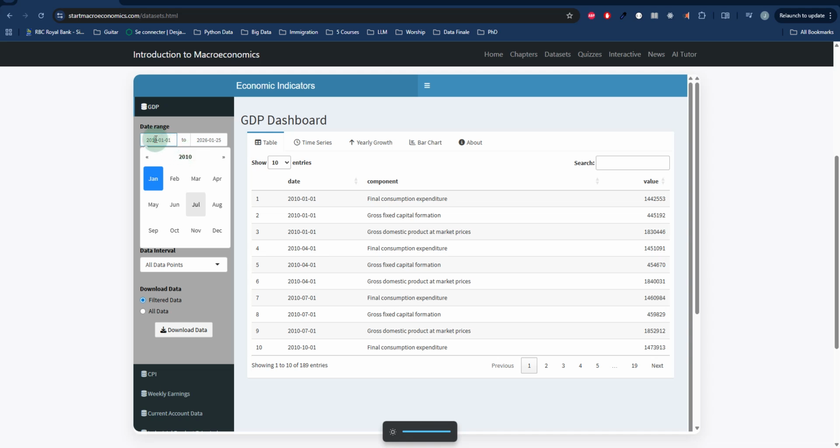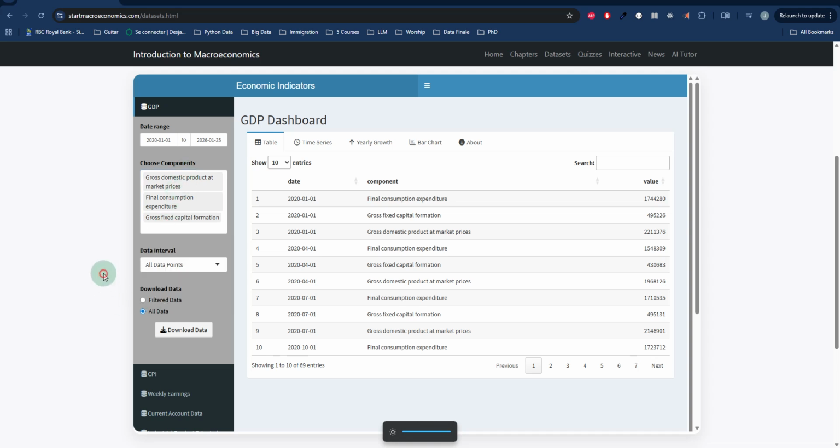I can come here. Let's say I want 2020. I can just do that and hit enter and it's going to give me from 2020. I have the option to click download and download that specific data based on selection, based on what I filtered. Or I can click all data and it's going to give me all the data. Now you are dealing with clean data, it's going to give you all the data and you can play with it. So at times for exercises in class, you can tell them you want them to look for certain indicators and they can